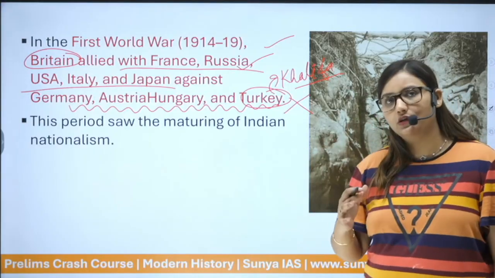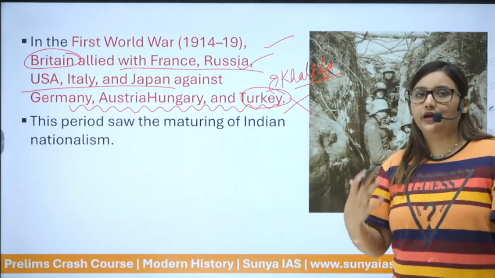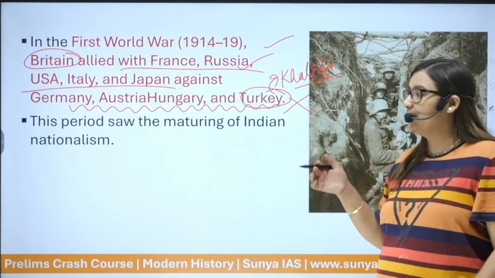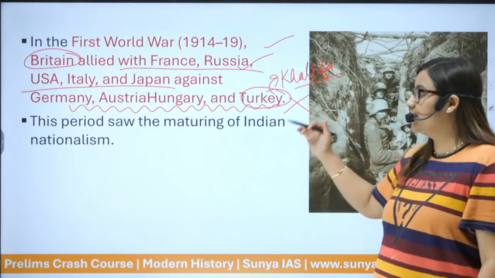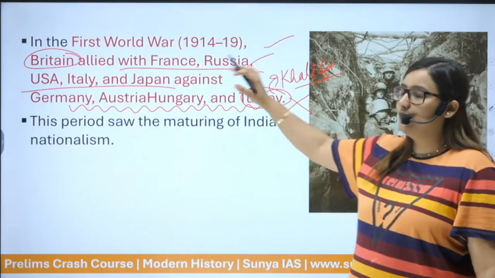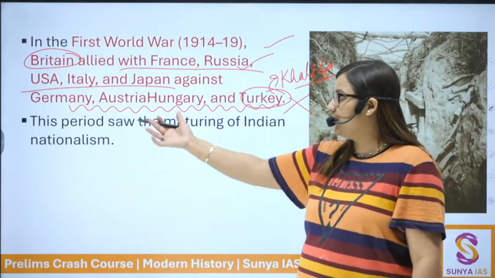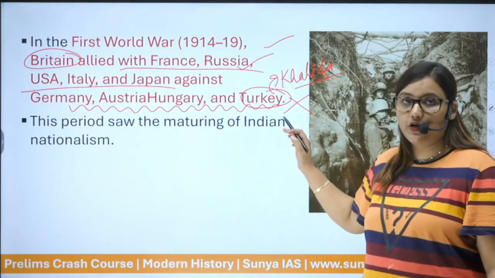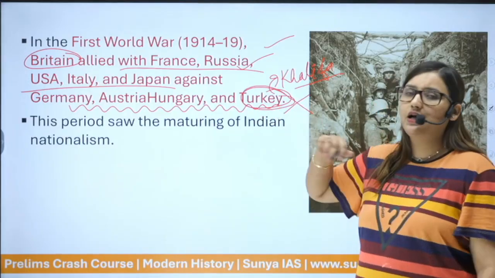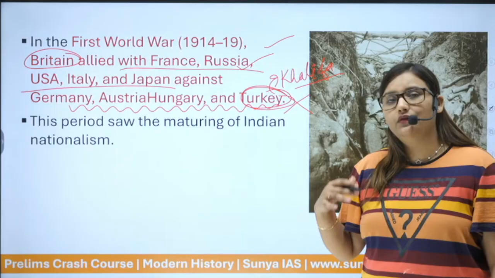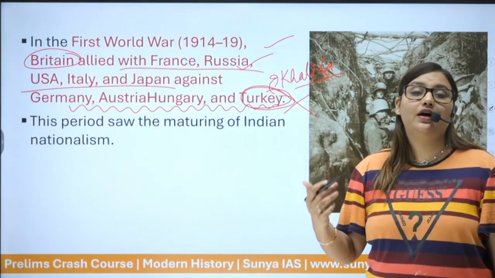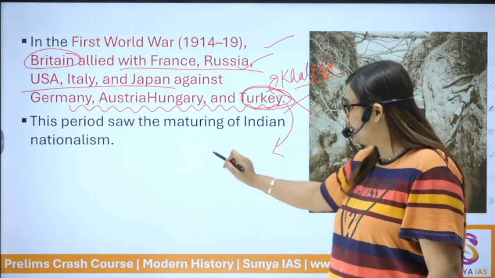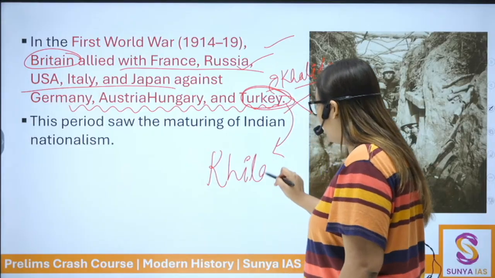All the Muslims in the world had faith in the Khalifa and used to follow his orders. But the power of the Khalifas got reduced after the First World War because the Britishers imposed a very harsh treaty on Germany, on Austria-Hungary, and on Turkey also. So when they imposed a harsh treaty on Turkey, the Muslims in the entire world got upset. Even Indian Muslims started the Khilafat movement to protect their Khalifa. So the Khilafat agitation starts after the end of